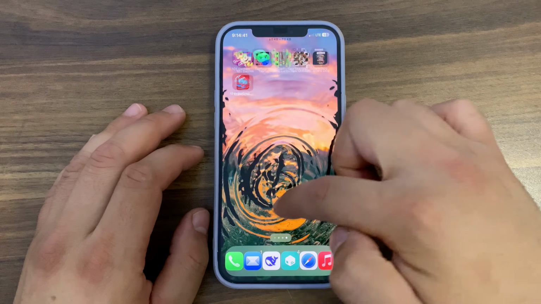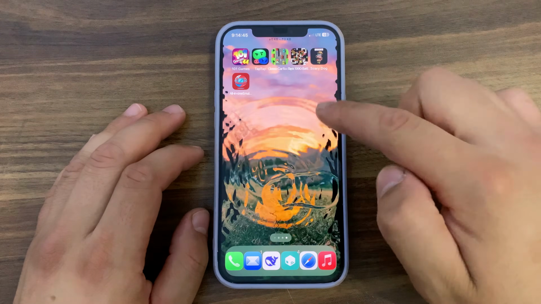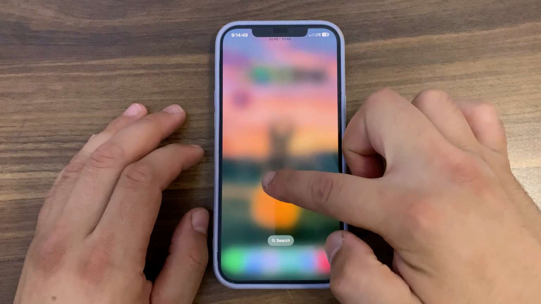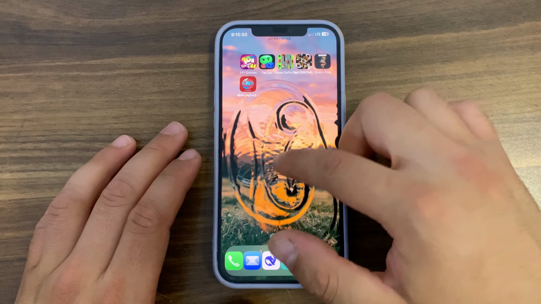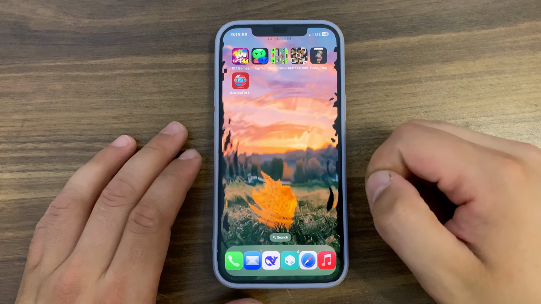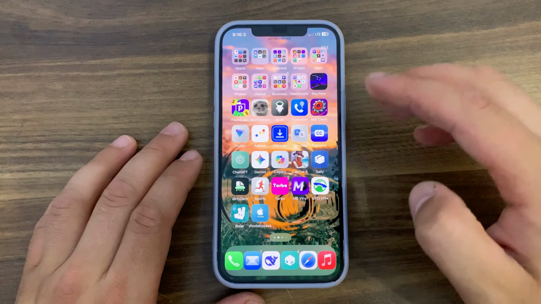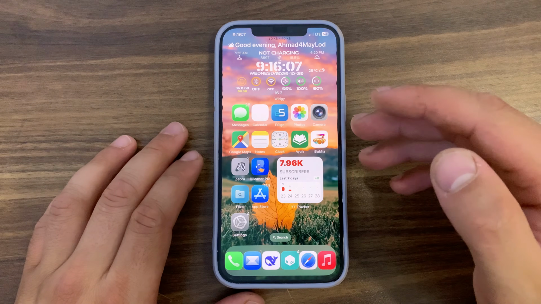The tweak automatically overlays your wallpaper on the home screen or lock screen and adds interactive water effects. It uses OpenGL ES 2.0 to render water ripples on your screen, which gives a realistic and mesmerizing effect. The water animation looks amazing. The tweak supports Rootful and Rootless jailbreaks. This tweak comes with a number of customization options, and now I'm going to show you how to download and